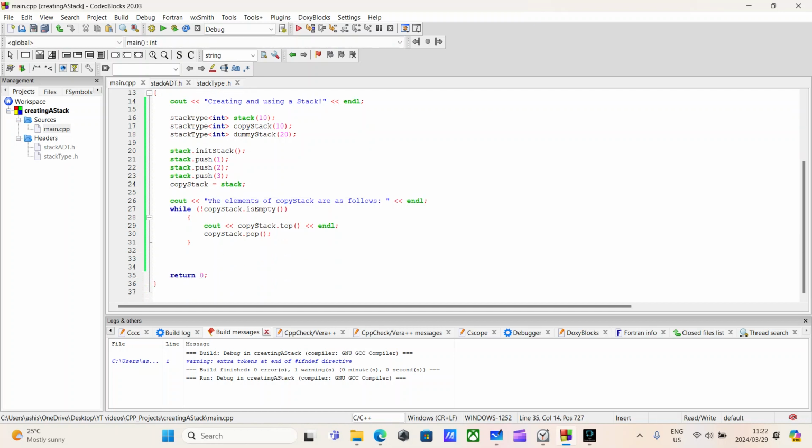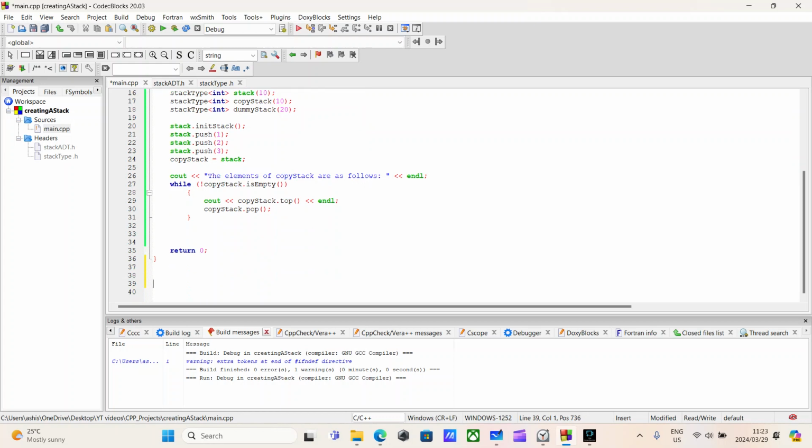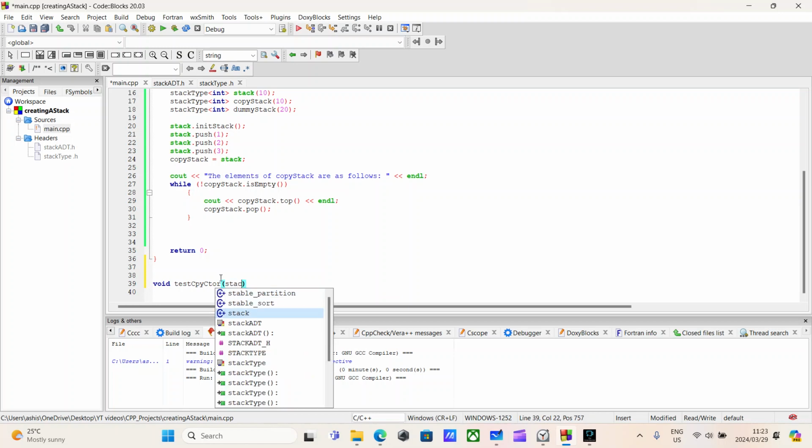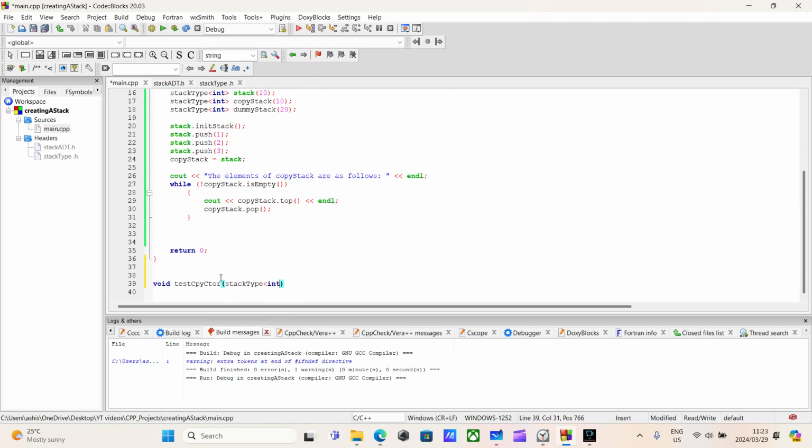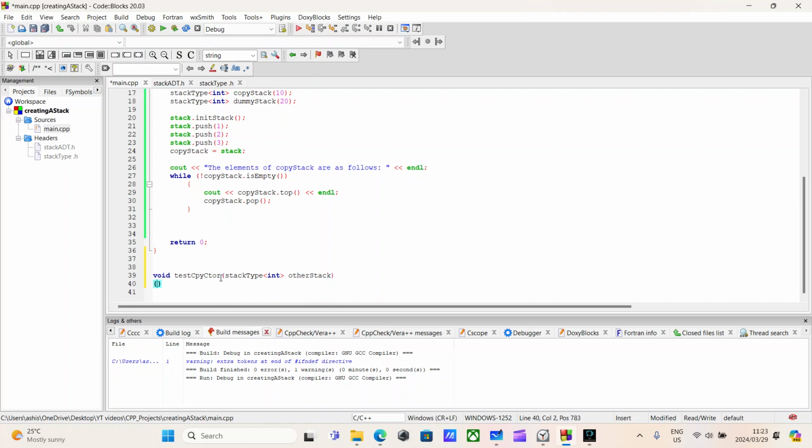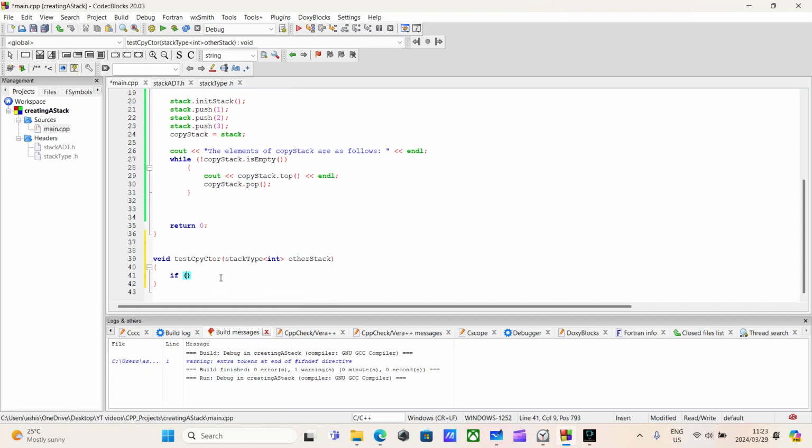Declared up here, and we shall define it down here. And we shall say void test copy constructor, stack type integer, other stack. If not other stack dot is empty,